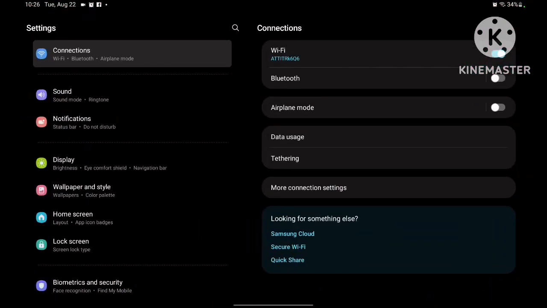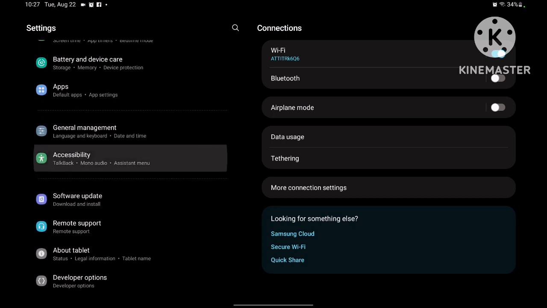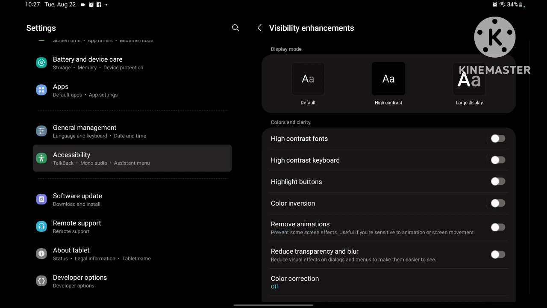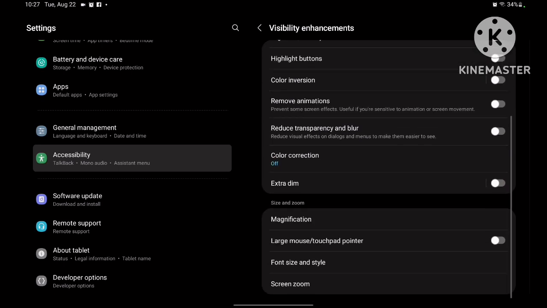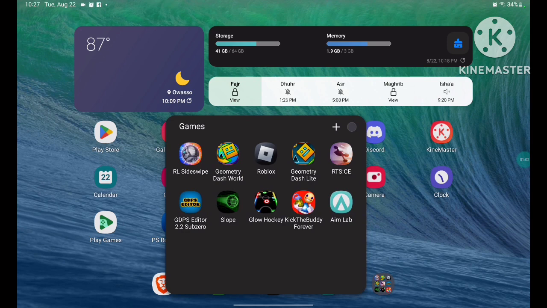So go into settings, as we always do, and go down to the accessibility tab, and there should be a setting for reduced transparency. In my case, it's in visibility enhancements. So reduce transparency and blur, and it's enabled, and you see there's no blur in the background, and the folder